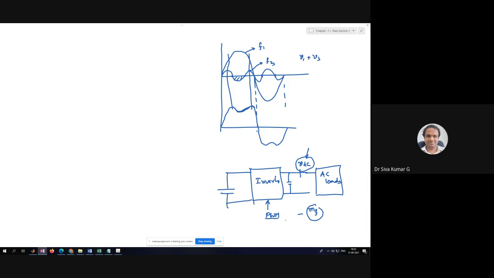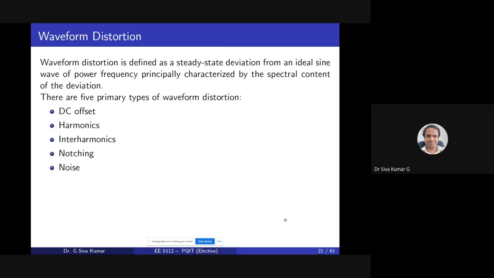The interharmonics also will be creating distortion in the voltage or even in the current. Coming back to the notching. This notching, you all have studied in a power electronics course. The effect of the source inductance